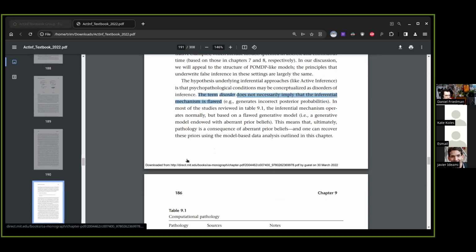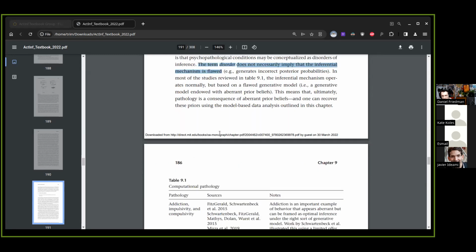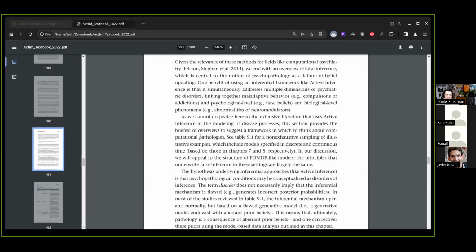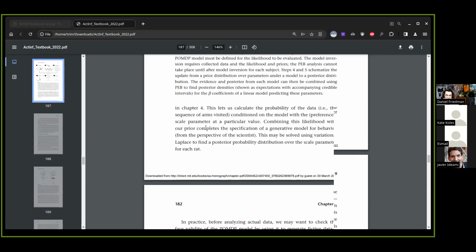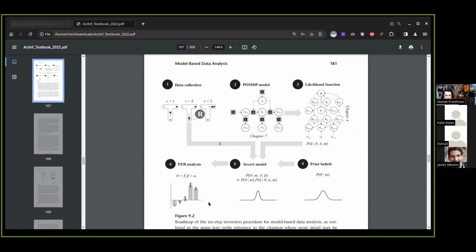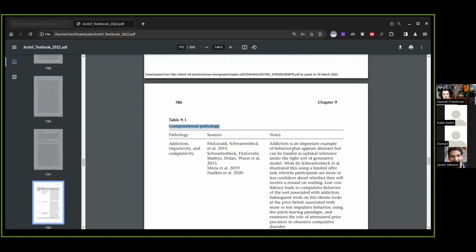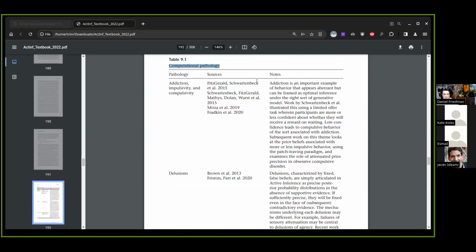But just broadly working within the pathological way of thinking, here are different computational pathologies that people have done, mainly Friston et al., have done this roadmap. So they've done chapter 6 and they've done chapter 9. And now here are the empirical papers that bring it together, providing unique explanations and predictions about these pathological settings: